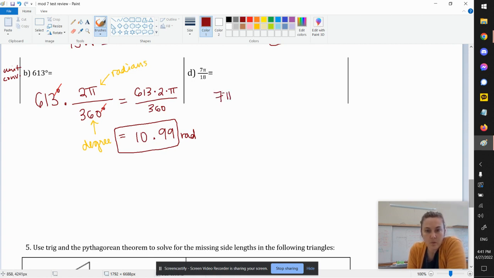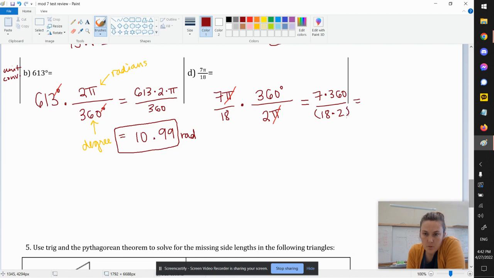So here, I've got 7 pi over 18. The unit conversion way, I'm going to put 2 pi on the bottom and 360 on the top. I'm going to cancel the pi's. And then I'm going to plug 7 times 360 divided by 18 times 2 into a calculator. And I'm going to put parentheses around these because otherwise it's going to mess up. So 7 times 360 divided by parentheses 18 times 2 equals 70